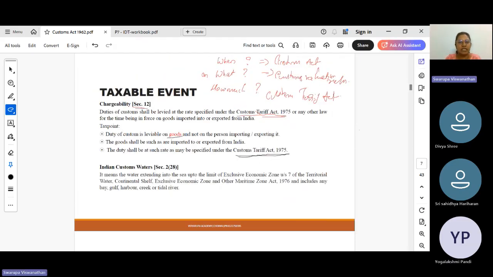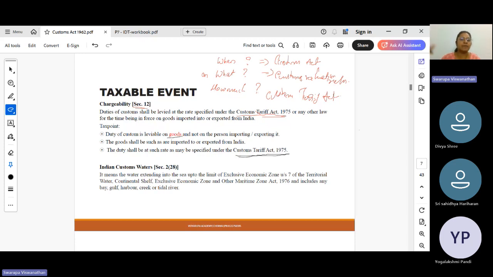Taxable event in case of customs: duties are to be levied at specified rates under the Customs Tariff Act or any other law for the time being in force on goods imported into or exported from India. The duty of customs is leviable on goods and not on the person who is importing. The duty shall be at such rate as specified under the Customs Tariff Act 1975. The chargeability section is Section 12, which states that on the goods that are imported or exported from India,